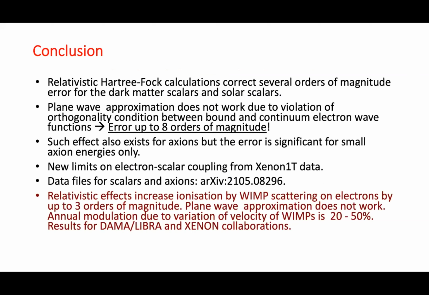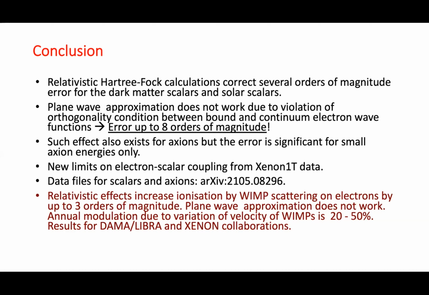Relativistic Hartree-Fock calculations correct several orders of magnitude error for dark matter scalars and solar scalars, so for 2 types of scalars, which may be dark matter candidates or emitted from the sun. Plane wave approximation does not work due to violation of the orthogonality condition between bound and continuum electron wave functions. Error up to 8 orders of magnitude. So the error is huge in this case. Such an effect also exists for axions, but the error is significant for small axion energies only. And the reason is that for axions the orthogonality condition works for